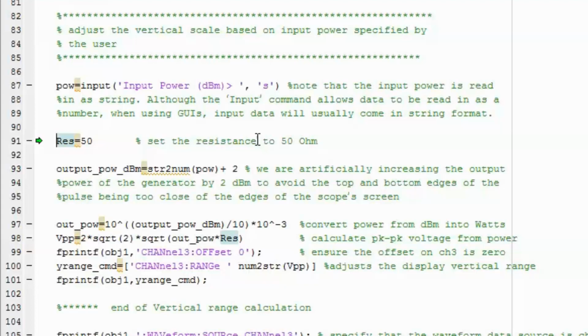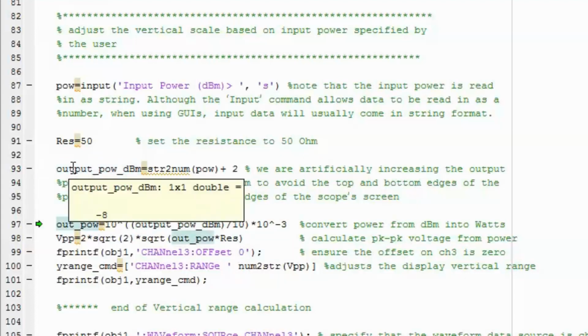But the problem is, if we use that value to determine the scale of the y-axis, we may end up having our RF signal really close to the edges of the screen. To avoid this, we'll artificially increase the value that the user has given us by 2 dBm. This way we are assuming that the waveform that comes in has higher power than what it actually has, and hence set the y-axis in such a way as not to have the RF waveform too close to the edges